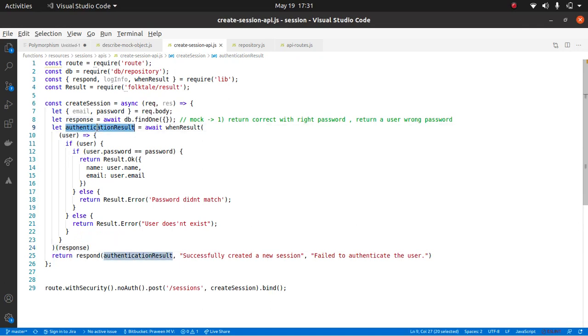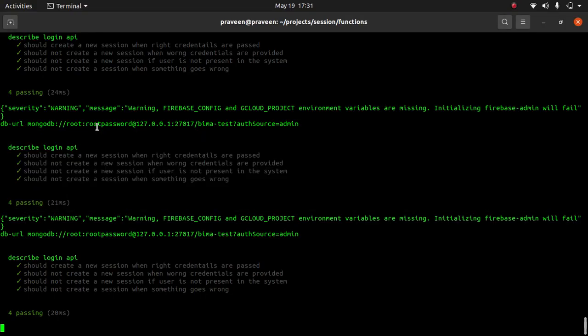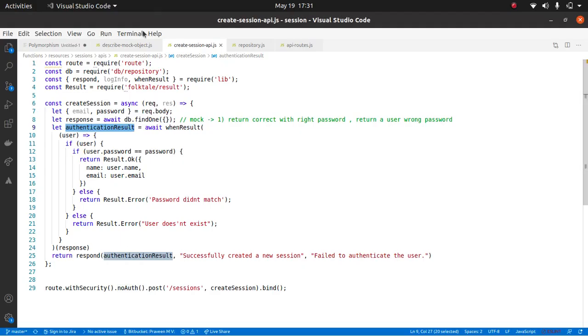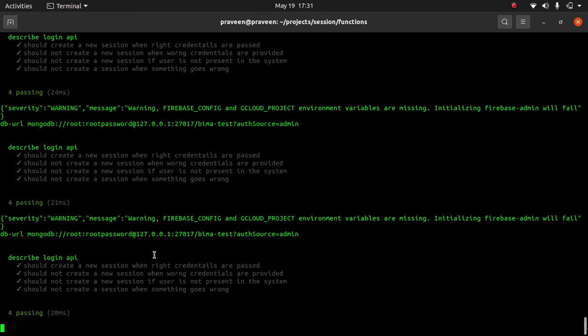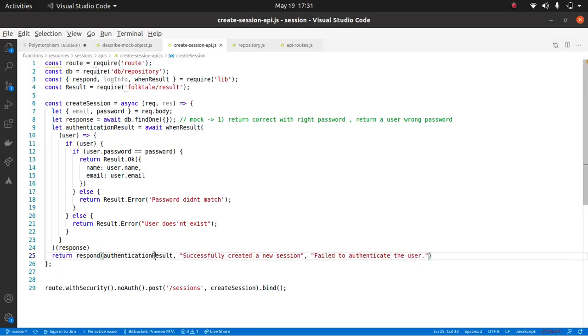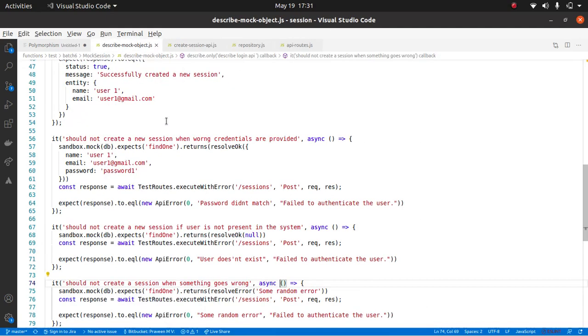Right? So since I removed that implementation, it should fail, but it passed because when result returns the same error back, and that same error is passed to respond, and the respond returns failed with authentication, and this guy has the error message in it. Is it all right till now? Yes. So now all the test cases passed. Still we are not passing the right query, correct? So now how do we handle this?